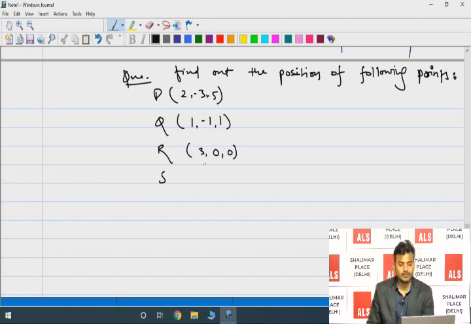Find out the position of the following points. Very good, beta. You don't need to write third, fifth. You can just write 3, 4, 8 like that. I'll understand. Okay, it will take less time. That's it, lesser time. S is